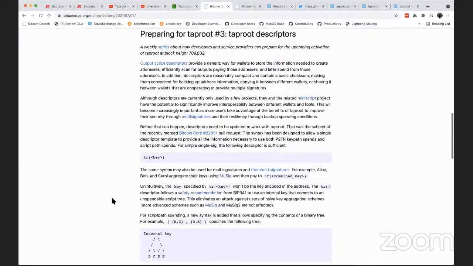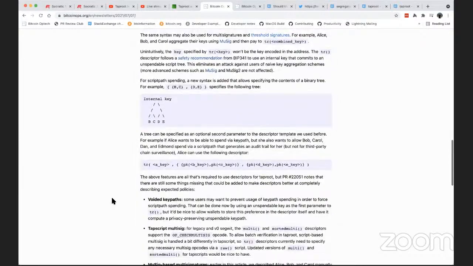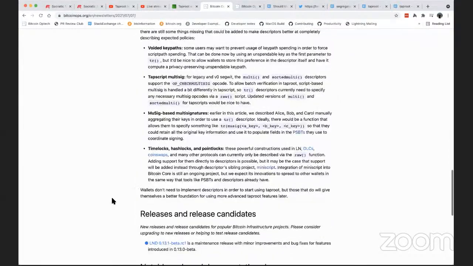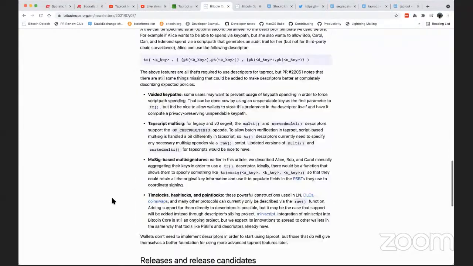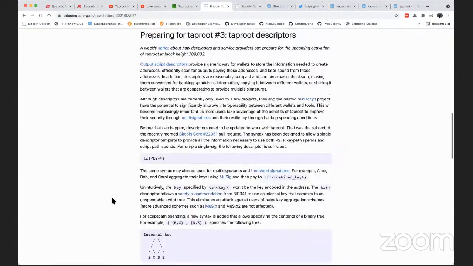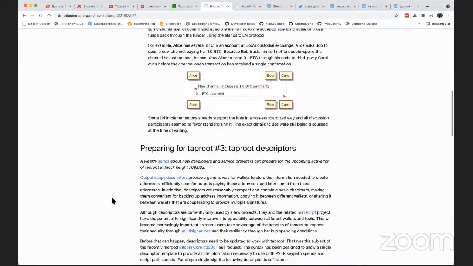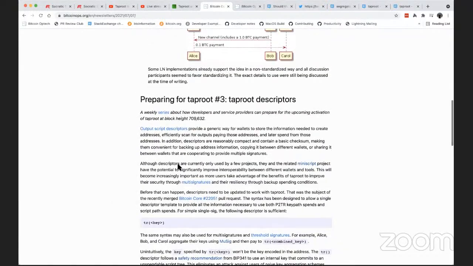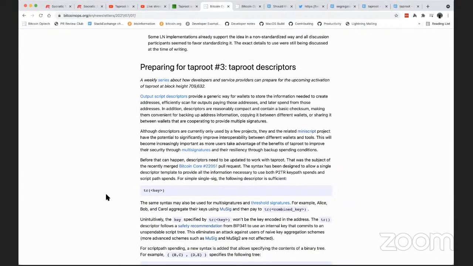Because we have descriptor wallets, it was fairly easy to do this. It was basically just adding a new descriptor for Taproot,